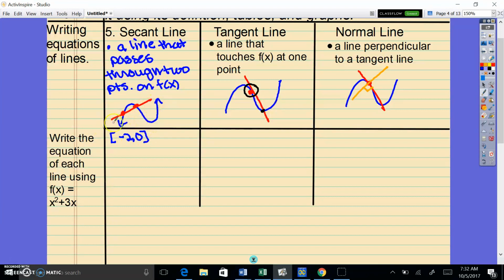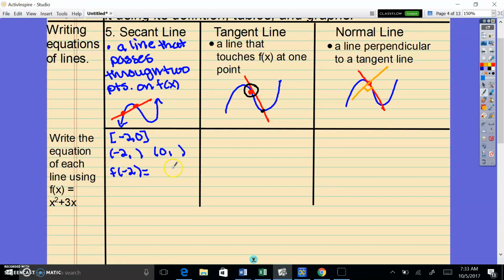Well, if we're going to write the equation of a secant line, we need to first find the slope, which means we need to have 2 points. And right now, we have only the x-coordinate of one point and the x-coordinate of the second point, which means we have to find the y's. Those y values are going to come from the original function. So in other words, we need to evaluate f of negative 2 into the original function, which is going to give us